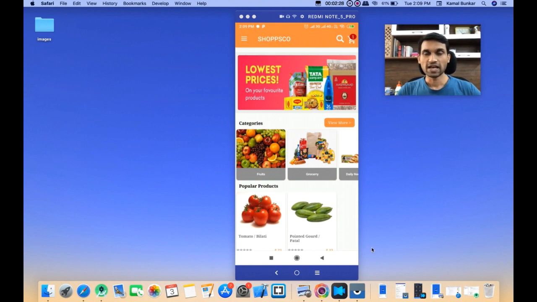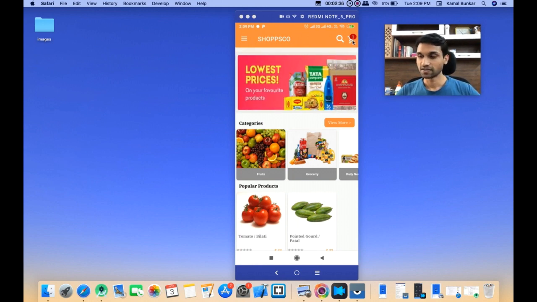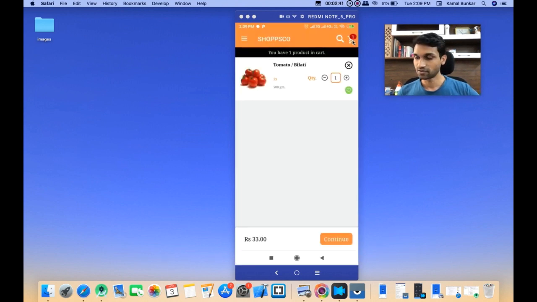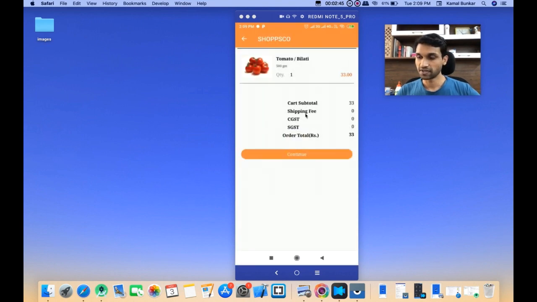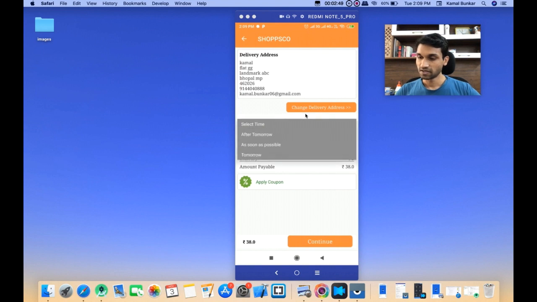This is an app that I built for one of my clients. The order placement option is disabled right now, but for a live example of how the Google Pay integration works, I am using this app.